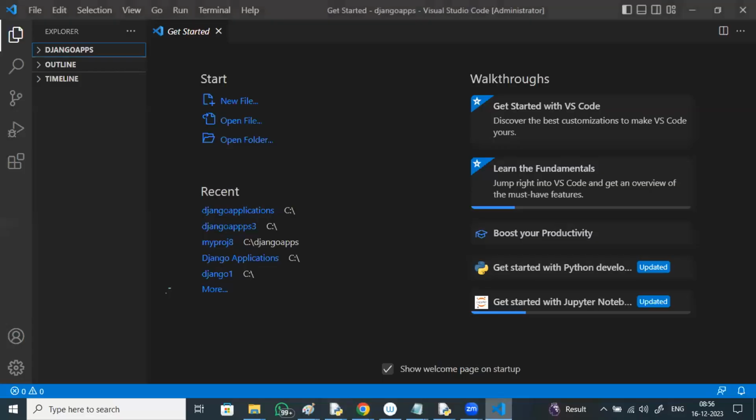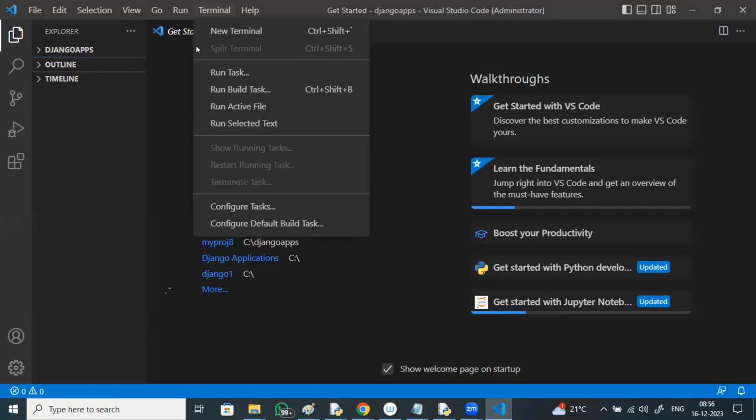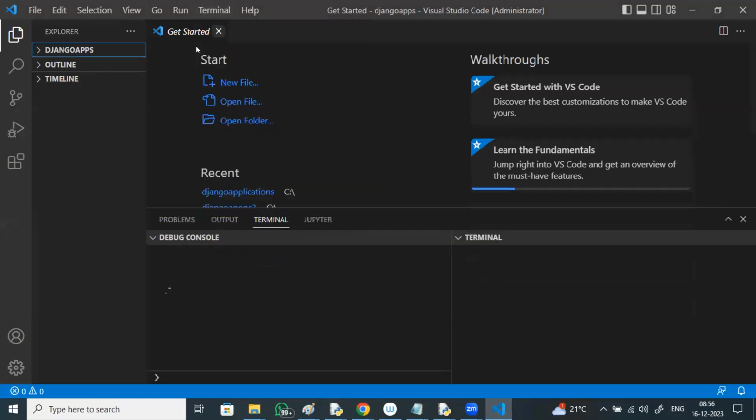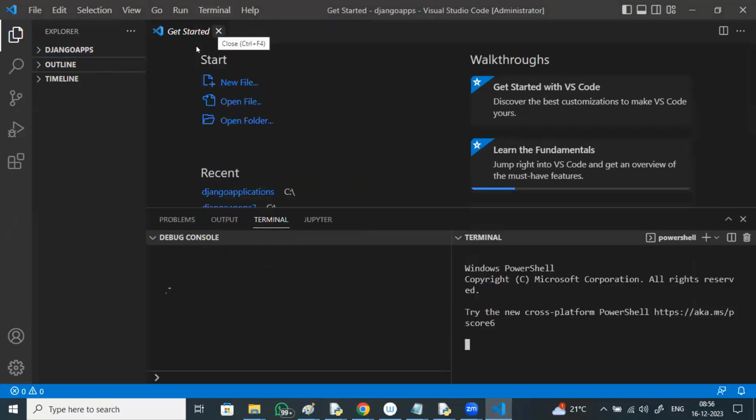Can you see Terminal here at the top, everyone? Click Terminal and say New Terminal, right?